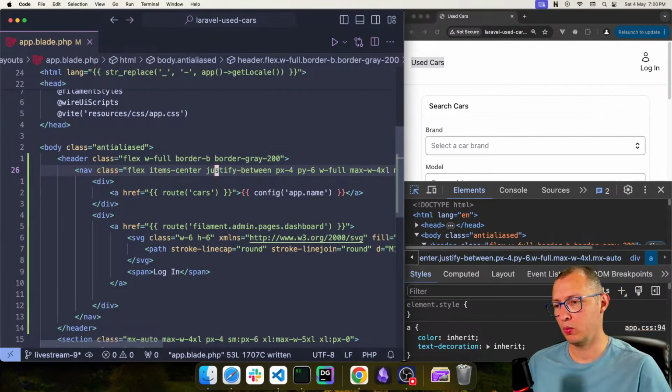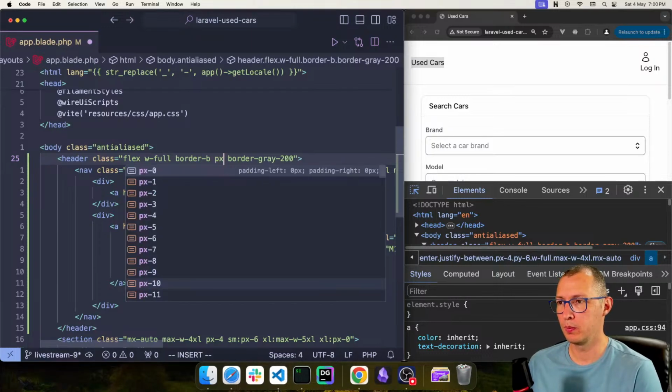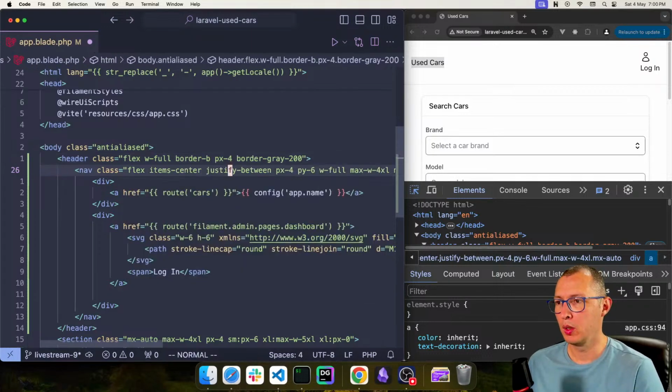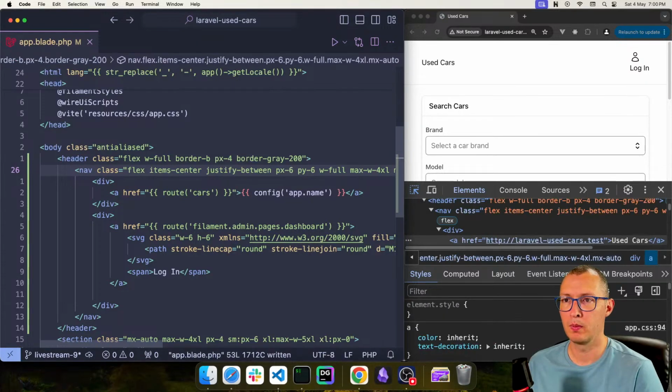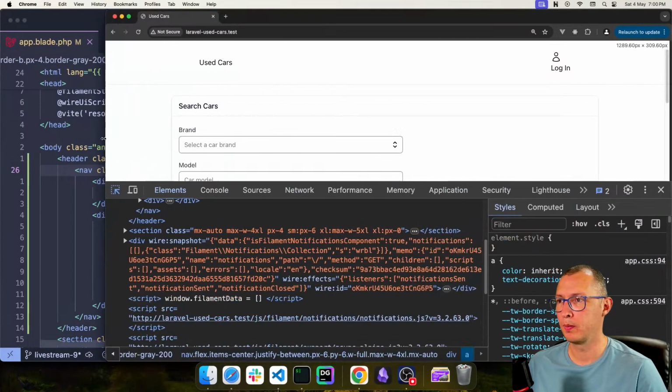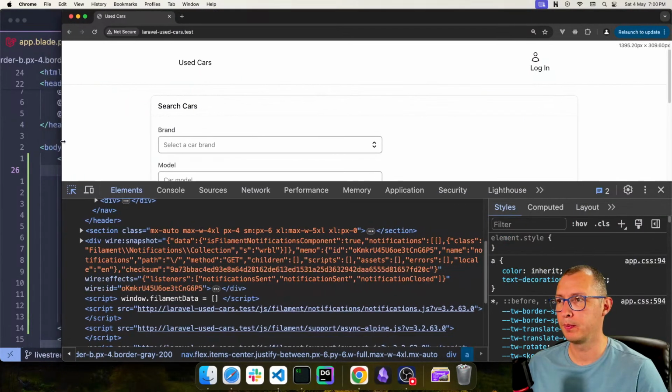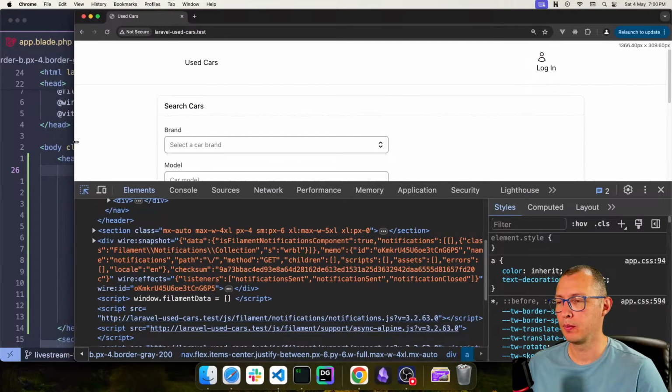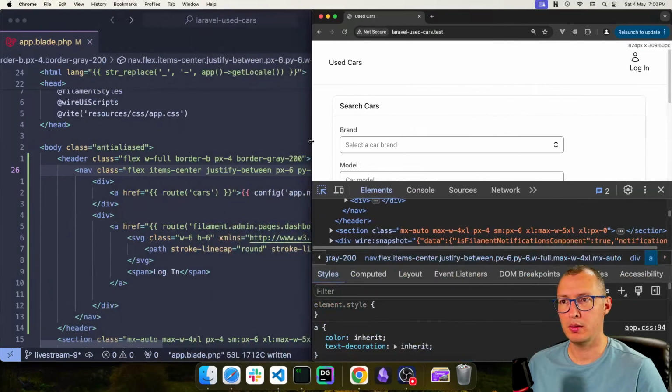So what is it? Padding 4 on the outer one. This one will have padding 4, and this one will have padding 6. And now they're lined up. Kinda. Guess this one has